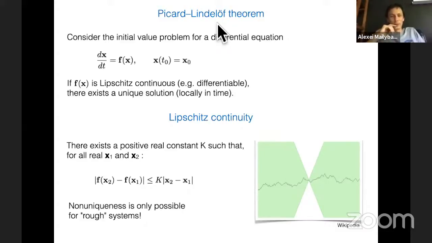So whenever this singularity appears, this uniqueness may not hold. So here is just a graph again to recall you what is the Lipschitz continuity. Lipschitz continuity means that the difference of the function is bounded by the difference of the arguments multiplied by some general constant k, which is the same for all points. Which means that the function always must be within the angle, in the green angle here, whatever point of the function you place it.